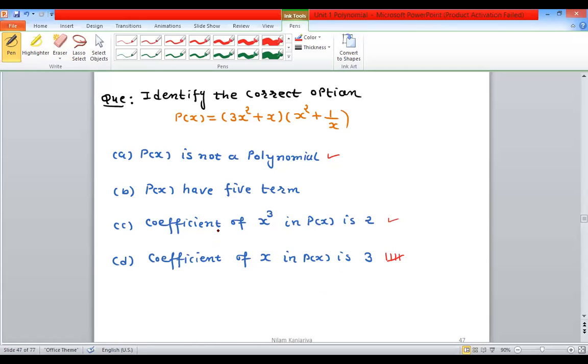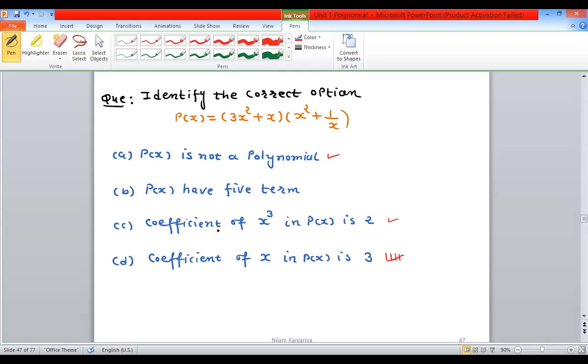And the students who got the answer should also check. C is wrong, because only one option is correct. One person says it is not a polynomial. I want the reason. So Calvin, tell me why the given term is not a polynomial. Madam, because in x square plus 1 over x, that 1 over x excludes it from being a polynomial, so you can't go further with the other terms.